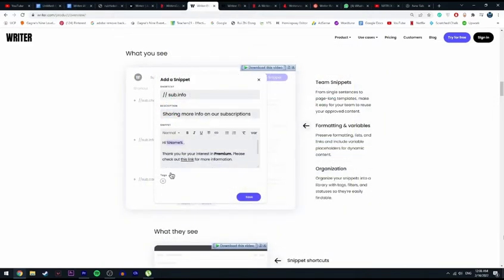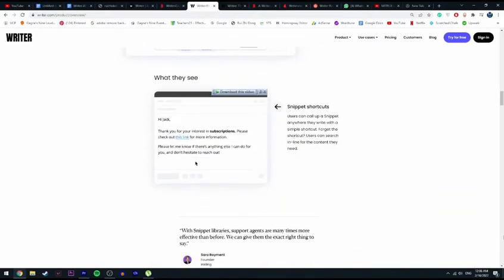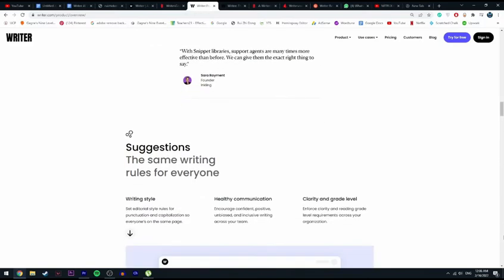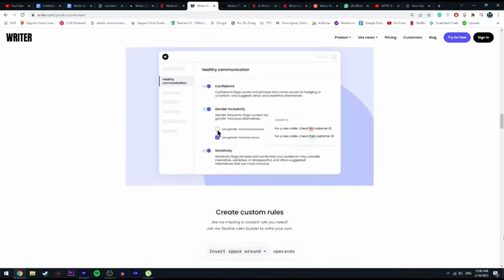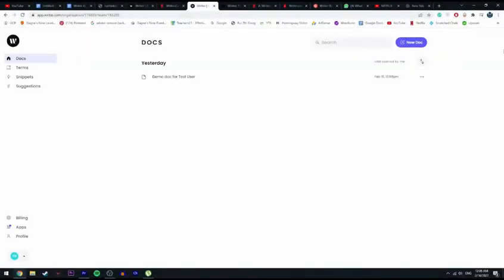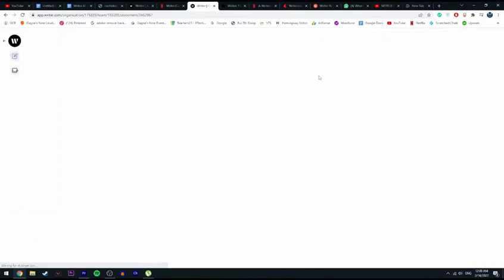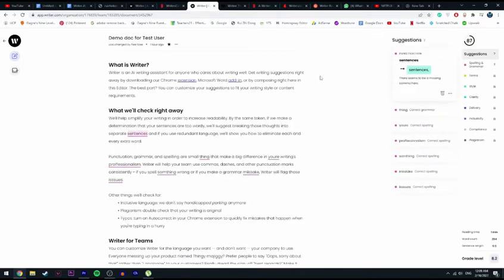Writer.com is crammed full of powerful features that let you style content and ensure that everything you write is in the same tone of voice, free from all kinds of errors. Onboarding is pretty simple. As soon as you're done signing up, you're taken directly to the dashboard itself where you can start writing your content. With its easy-to-use interface, Writer.com offers everything you need to automate your content strategy, stay consistent, and create clear on-brand